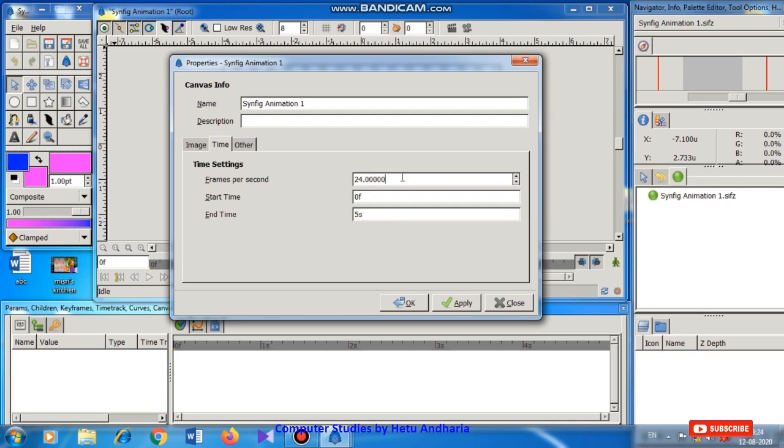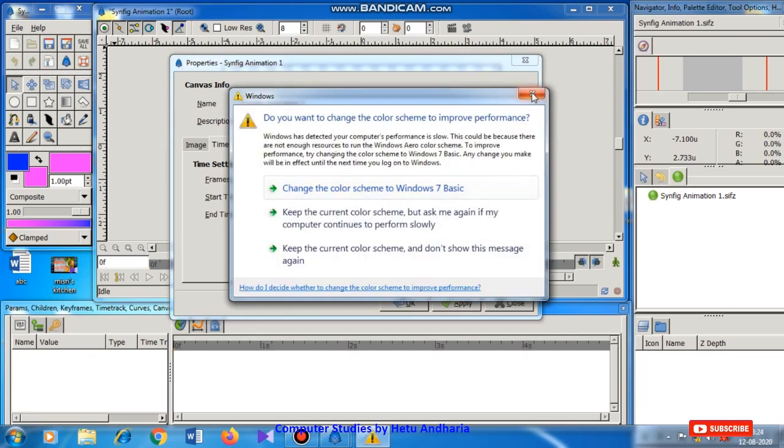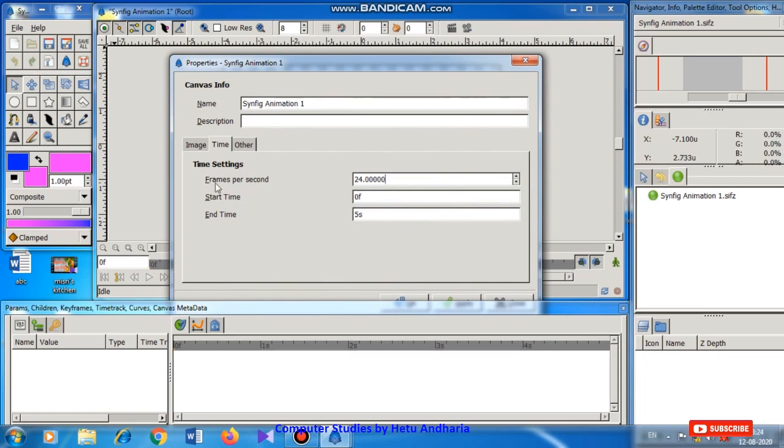Per second, by default there are 24 frames. This could be asked in the MCQ, please remember it. Per second there are 24 frames. So from here you can set the number of frames. By default this is the setting.